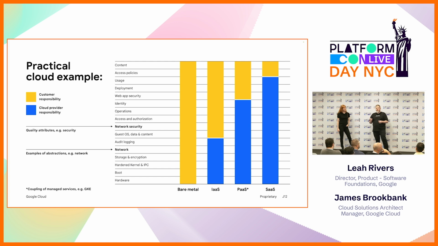When we talk about security, you can see how the quality attribute sits in these layers for these pieces. When we talk about a coupled service, something that's coupled together, you're like, okay, sounds good. Well, if you have a Kubernetes cluster, you have GKE on Google Cloud. That's in the PaaS piece here. We're taking on that blue piece for you. That's the whole idea of building that. You can go and build all those sections yourself from the Lego blocks, but we've decided to couple that, provide you that capability. That's the practical, tangible example of what's happening in these spaces.